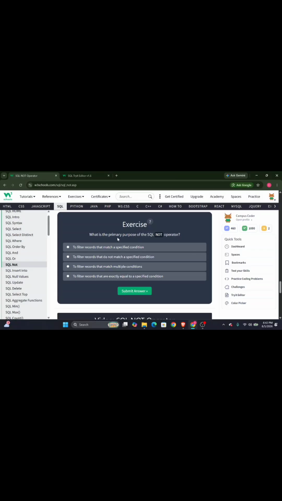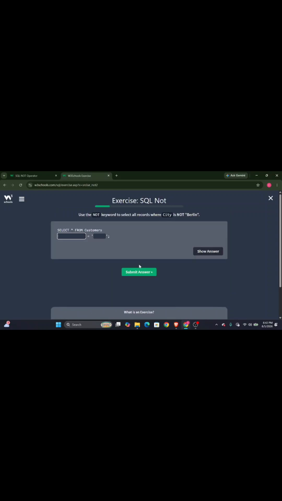What is the primary purpose of the SQL NOT operator? Use the NOT keyword to select all records where the city is not Berlin. Customer, here, not city but